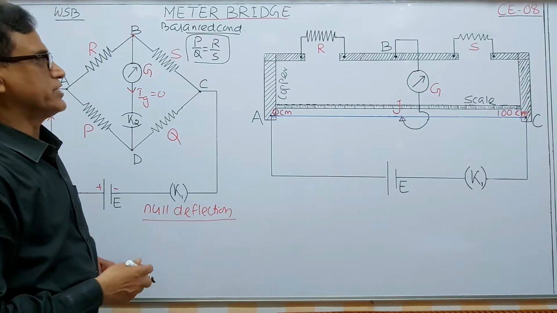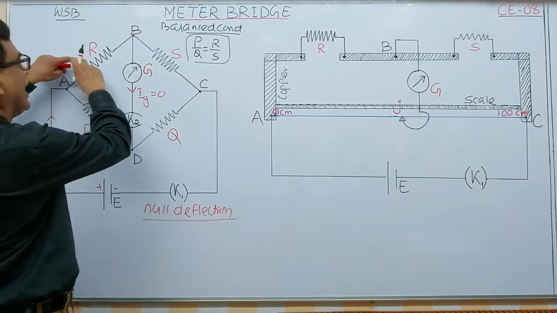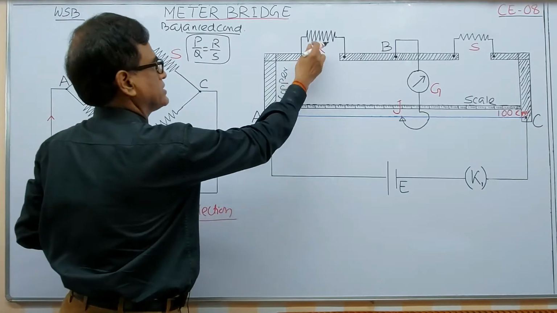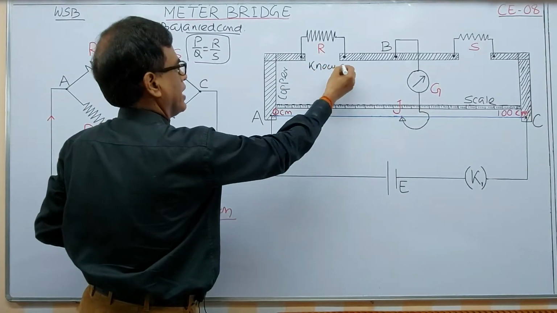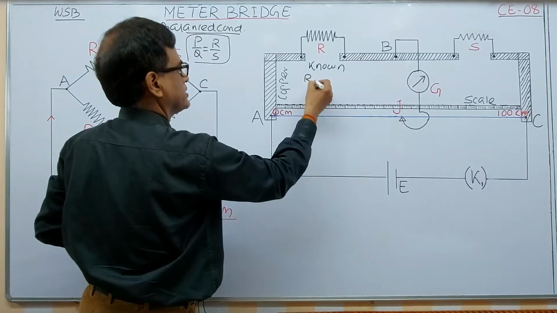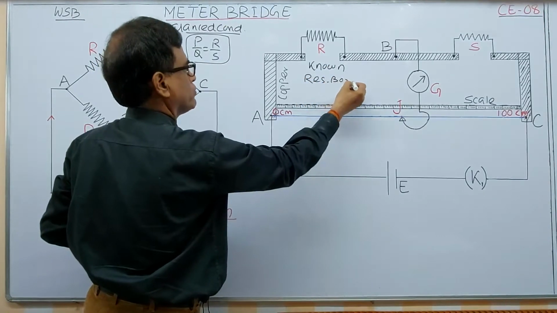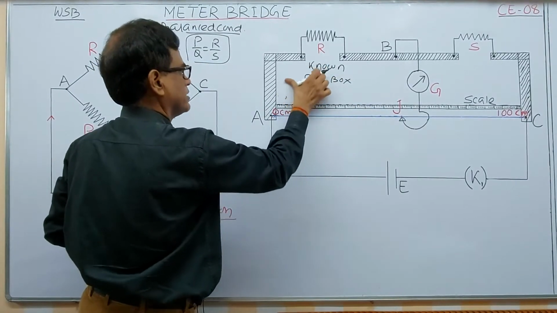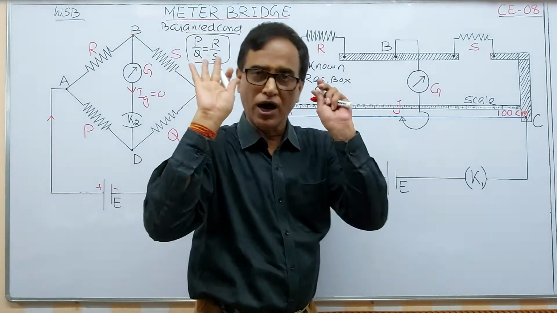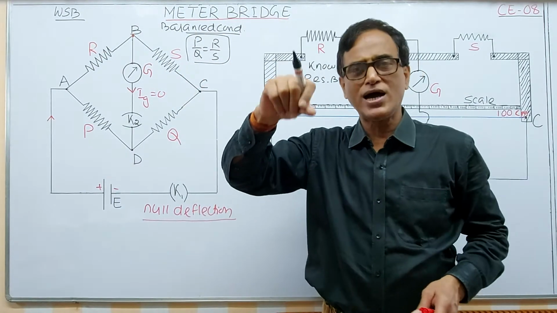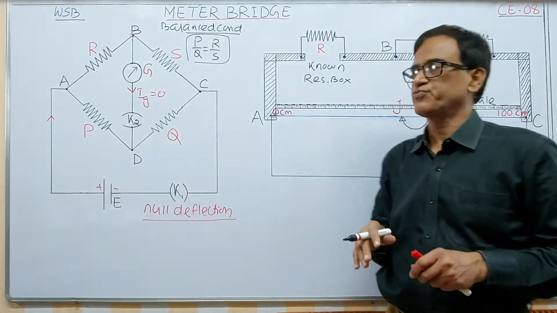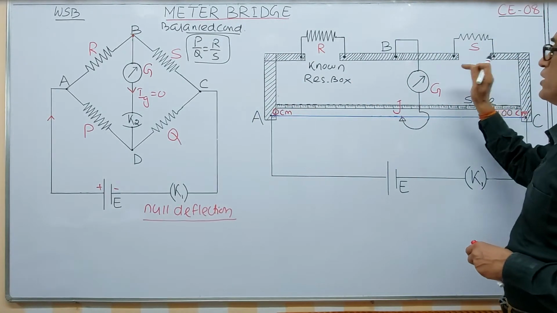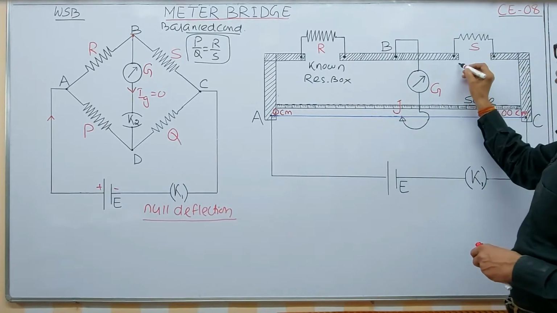Okay, now here you see, here R and S. This is the R resistance I have taken, and this is a known resistance, and that is given from the resistance box. I will show you in the next class what the resistance box is. That means a known resistance will be given. R is known. You have been given 1 ohm, 2 ohm, 3 ohm, 4 ohm. You can connect there. It is known to us. Now here it is known, here unknown.